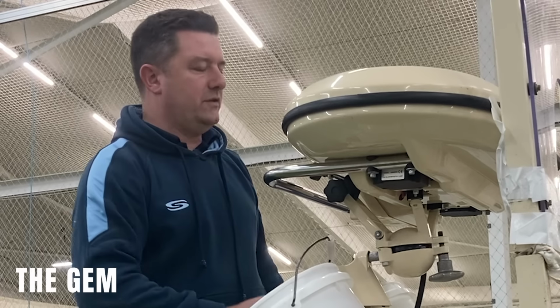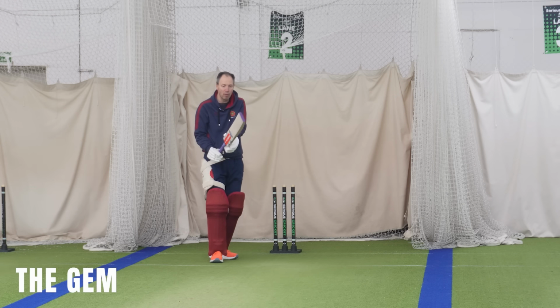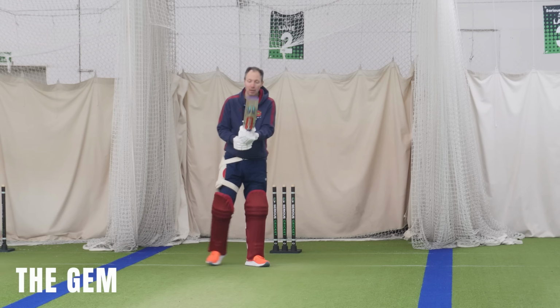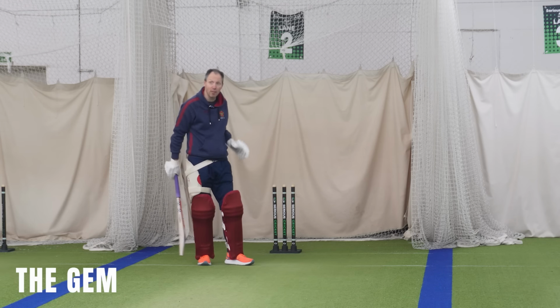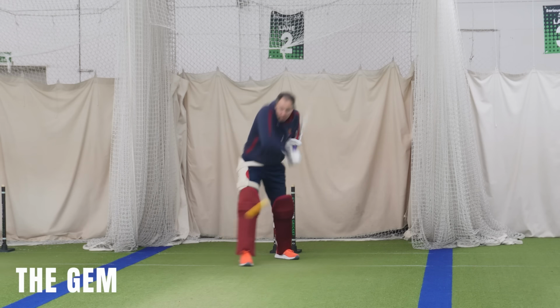Pickup, what do you think? How do you find the pickup? I'm thinking really well balanced, forgiving across the whole blade. Lots of wood all the way up and down. I think really, really good option for the lighter weight bat. Should we go back foot and just see if that's...